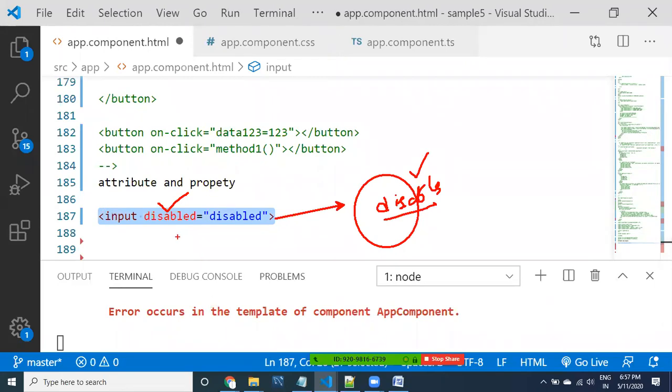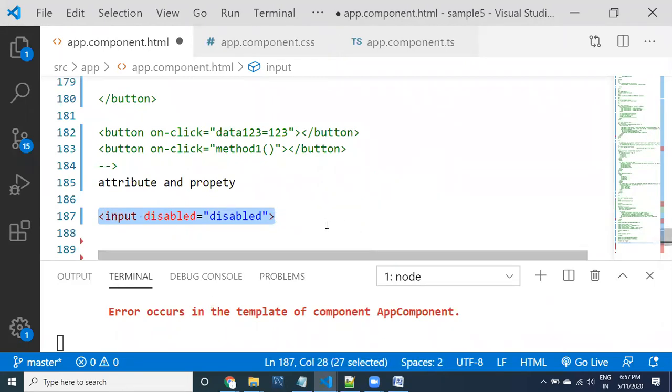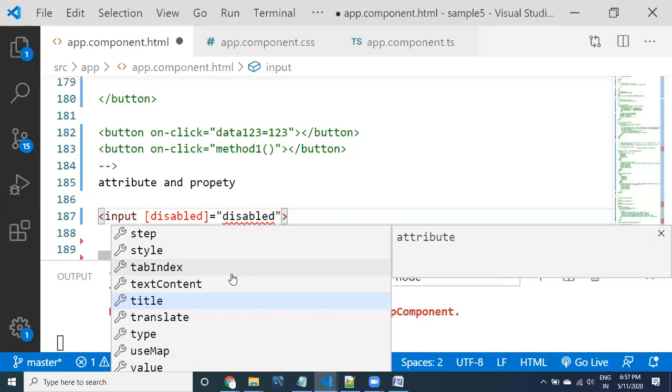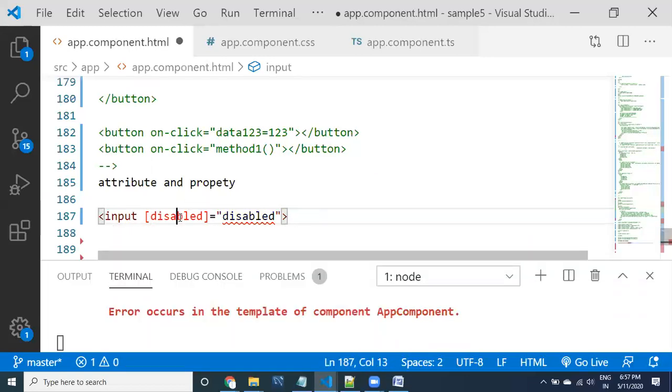Now if I want to bind the property, I need to use it like this. This is property binding, not attribute binding. You are not using the attribute. If I use square brackets, it means you are directly assigning a value to the property.